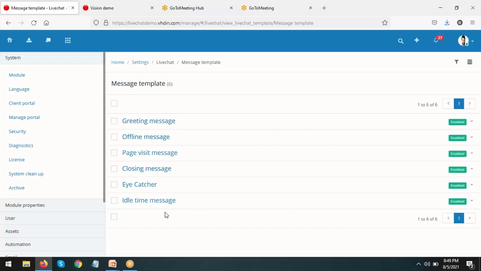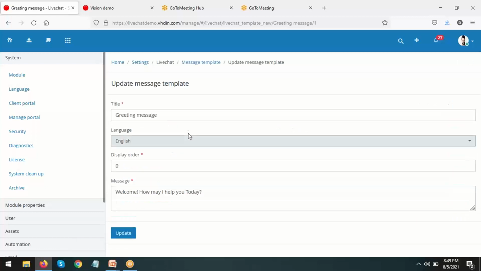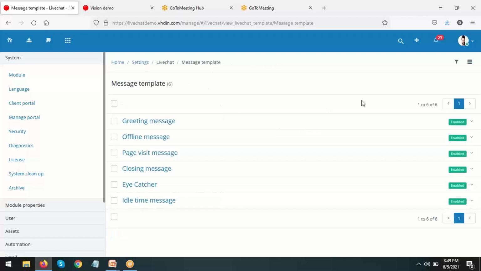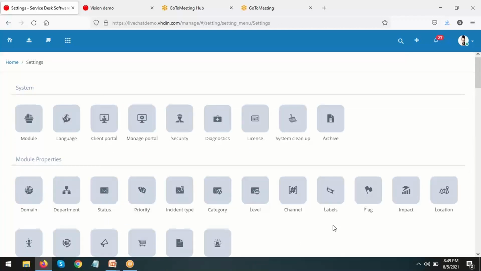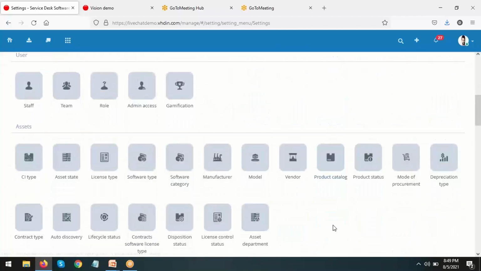These are some default templates that we have added. You can make changes to these; let's say you open the existing one and change this greeting message, you can just change it over here. And in case you have multiple languages enabled in your system, you can have different messages added as per the language selection. Also you can add a new template from here. This is the option, add message template, and you can add the title and the message over here. Now, once you have configured the message templates, we have chat automation to trigger these templates for various events.